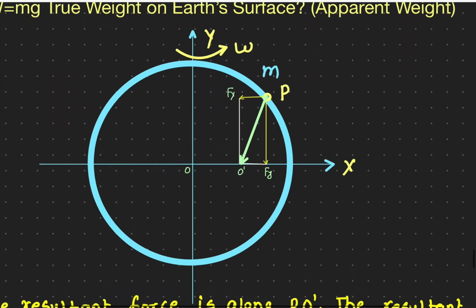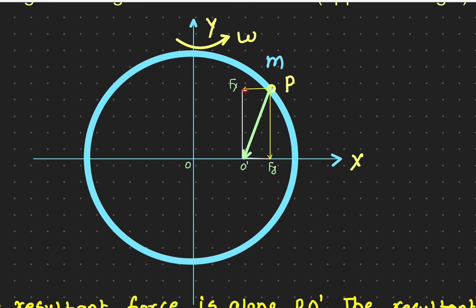Now let me redraw these things. So this is the total force Fx, and this is the total force along the y-axis. And these two forces are mutually perpendicular, so I can find the net force, and the net force would be in this way. So how do you find the net force? You can draw a rectangle using these two sides. So I have this force and this force, so I can clearly draw a rectangle, and the diagonal would be